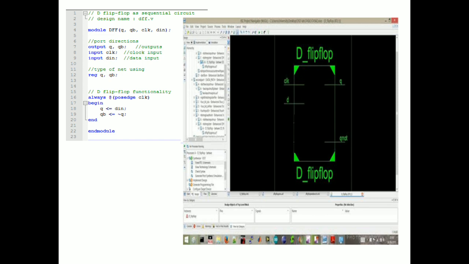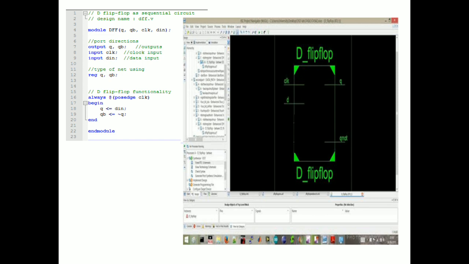Okay, and it checks that the always construct has been used, and what type of clock should begin: positive edge clock. If it is a negative edge clock, it inverts, giving a bubble in front of the clock. You can see on the right side the figure is giving a synthesized view of the Verilog code. This is how the synthesis tool analyzes and generates the hardware block.